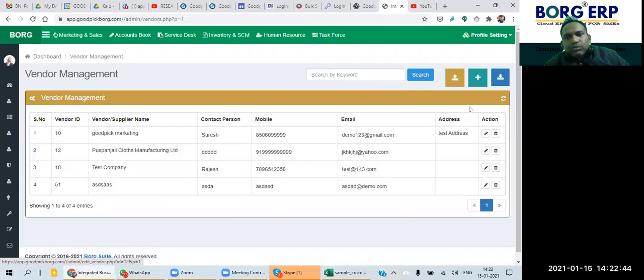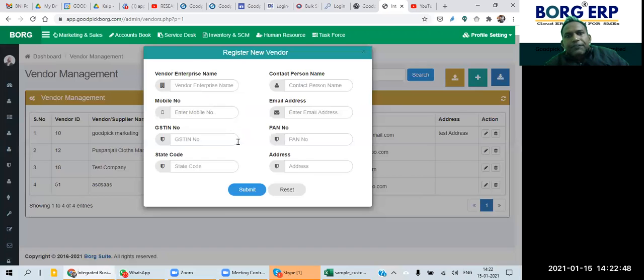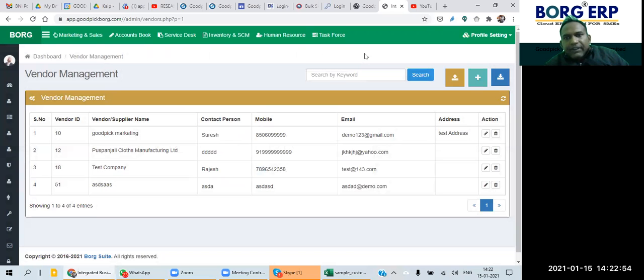If I want to add one by one, then click on the plus sign. Then the same kind of form will be displayed. Enter the details and click on submit. If we have a larger number of vendors or suppliers, then it may be difficult to add them one by one.